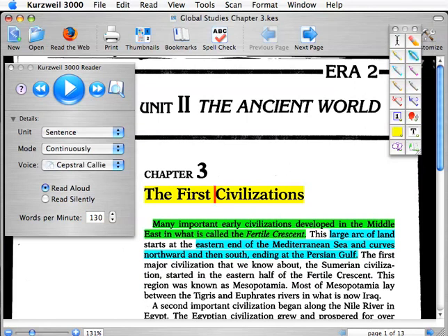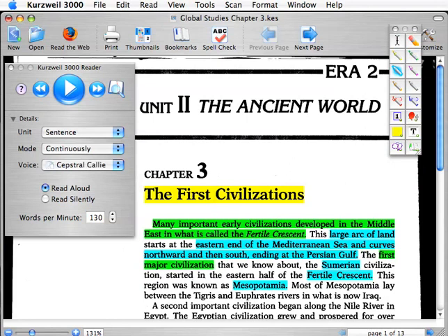That's a supporting detail. The first major civilization. Okay, this is a supporting detail of that. Sumerian. Okay, we could go back up here. Oh, they lived in the Fertile Crescent. Okay, so that's they lived in the Fertile Crescent,